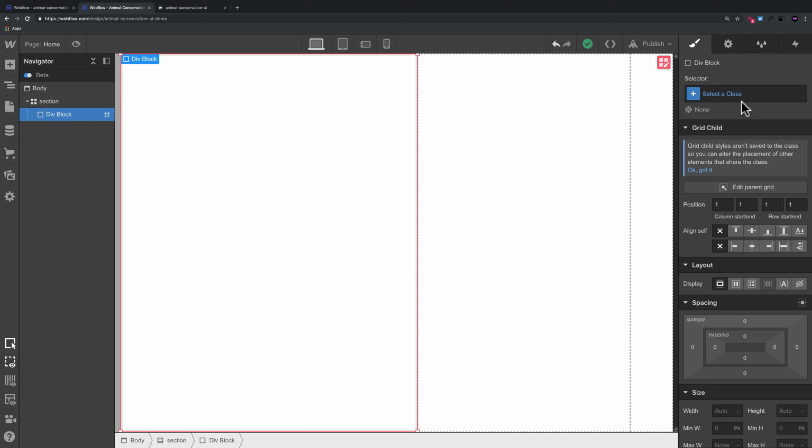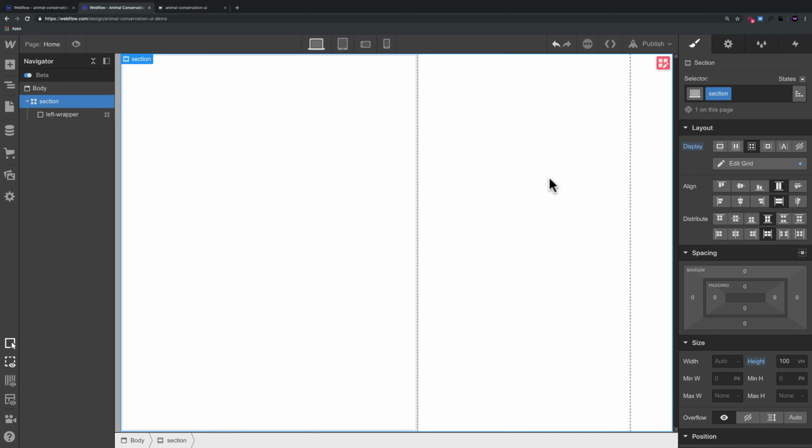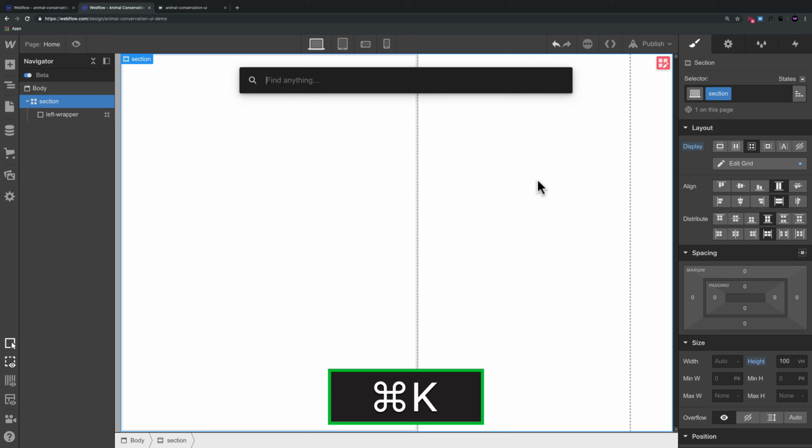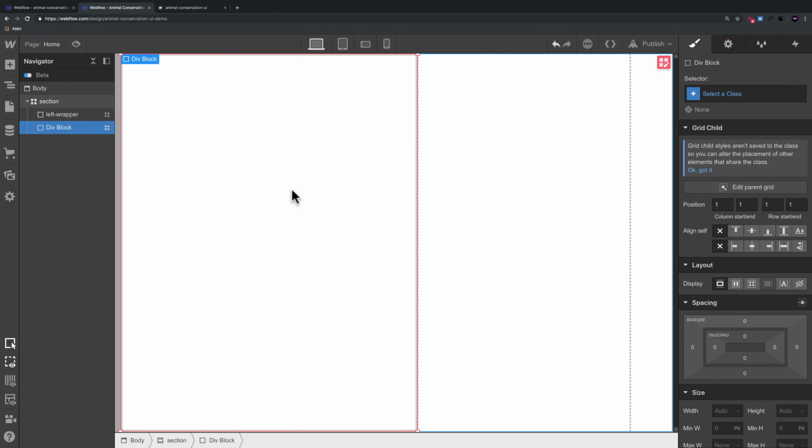All right, so we have this div block. I'm going to call it left wrapper. So all the contents of here are going to go inside of the left wrapper. Then for the second column, I'll go ahead and hit Command K. I'll add a div block, and let me place it here in the second column. So I'm just click holding and dragging into this grid section, and I'll call it, and